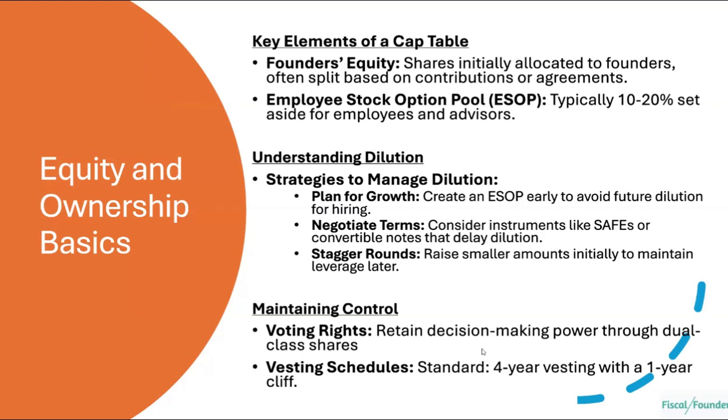Also, when you have ESOP plans in place and you go to raise the money, if you don't have this in place, the VC is going to ask you to put that aside first, and then they will give you money, because they don't want their round to be diluted by this ESOP. So you want to set enough in the beginning that it lasts you through a Series A at least, because every time you create a new pool, it's always going to dilute the existing investors and the founders. Most of the investors are going to be very conscious if you don't have enough set at the beginning. They'll be like, you have to turn around in 6 months, do another ESOP plan, and that's going to dilute our equity. And they don't want that.